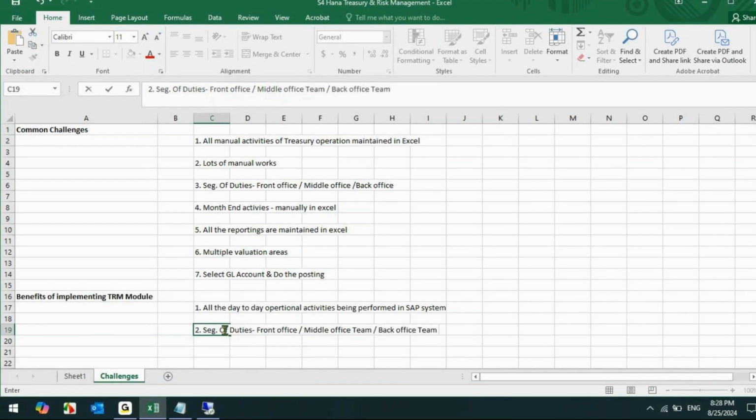Actually, all these activities are already defined in the organization structure. The middle office team performs activities like scrutinizing what is created by the front office team. Let's say if I do some posting, a transaction or deal, whether I have done it as per the